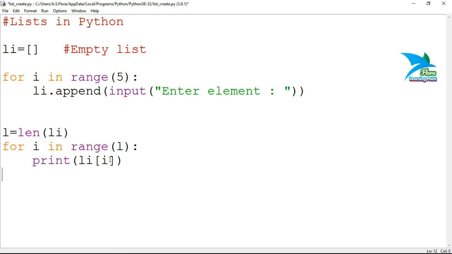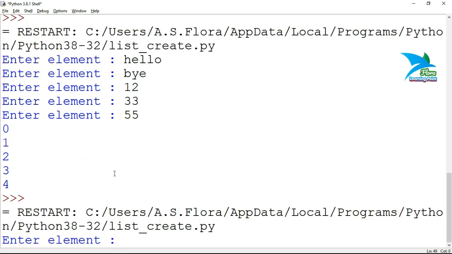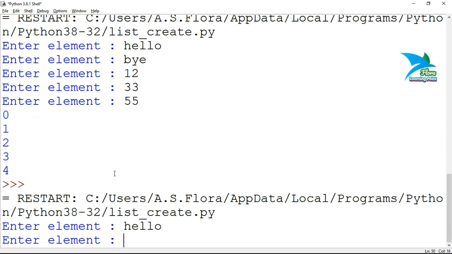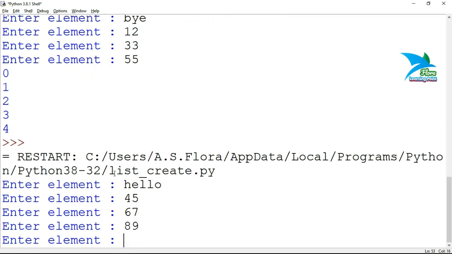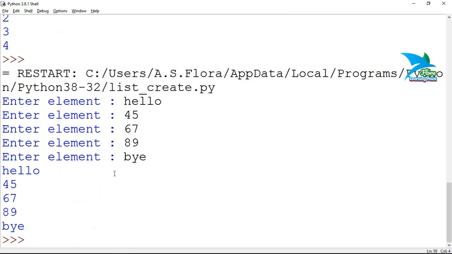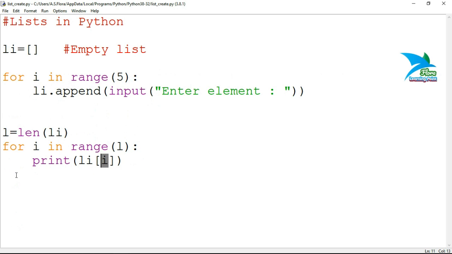This statement will return the element available at the index position according to the value of i. Now we are having all the elements. In this way you will be able to traverse all the elements.